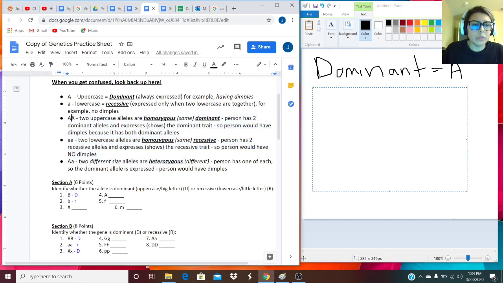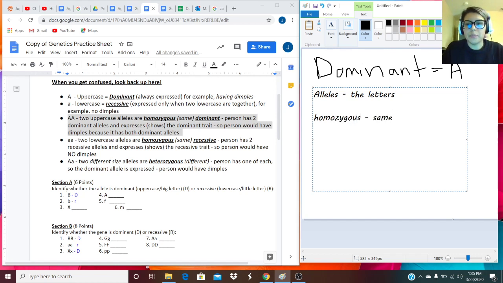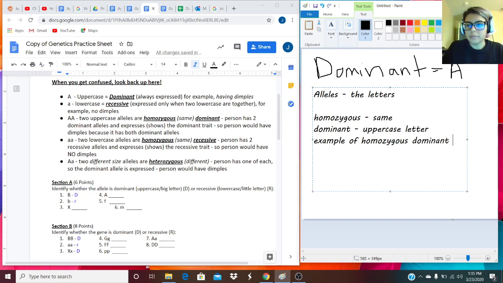All right. So let's look at this bullet right here. When we have two uppercase alleles, and again, just a friendly reminder, alleles are the letters. When we're talking about alleles, we're talking about the letters, okay? So that word homozygous, all that word means is same. It's also stated here in the notes. So same. And we know that dominant is an uppercase letter. So an example of these two combined, an example of homozygous dominant is going to be